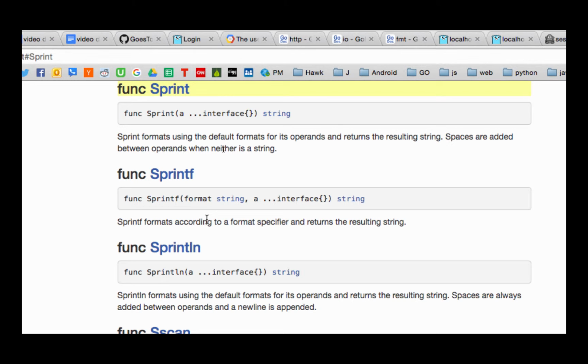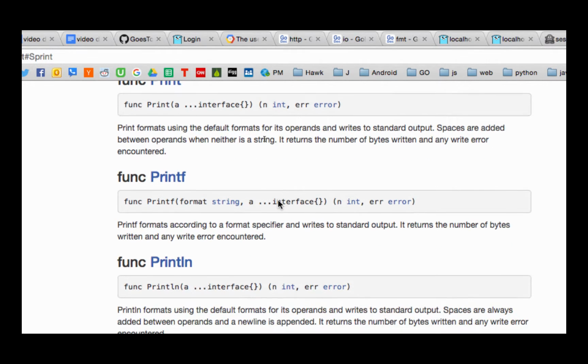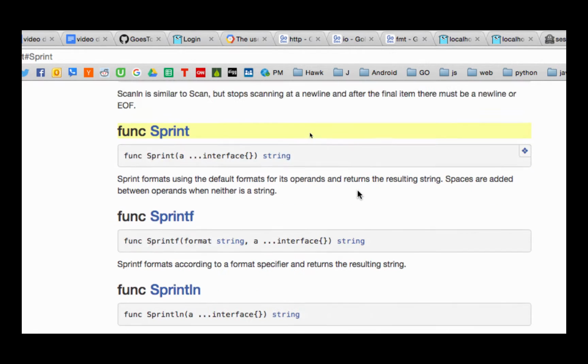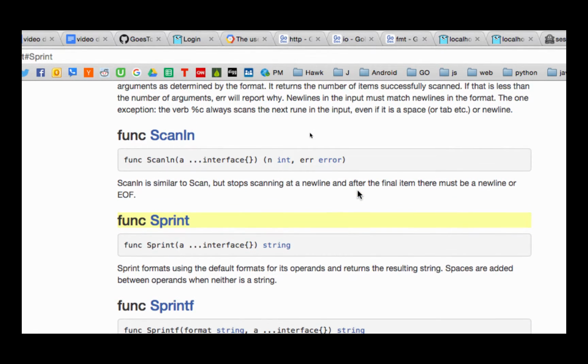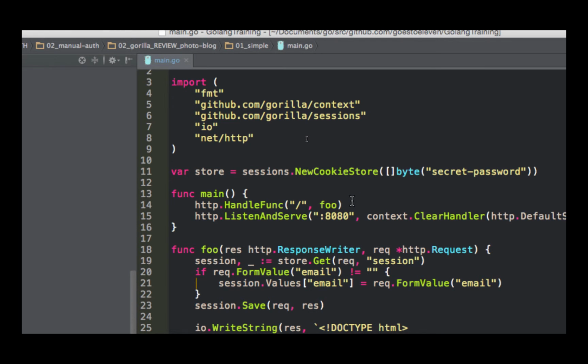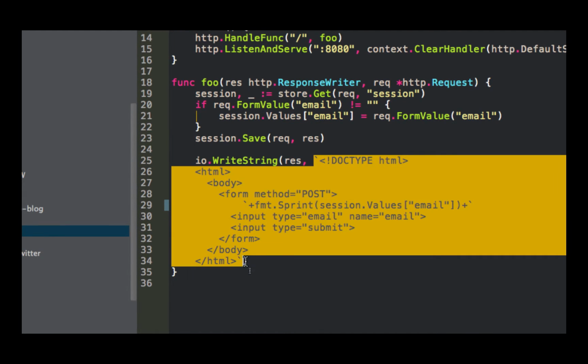So up here we had those other prints, right? Println, Print, and then we're printing and it's going to standard out. Down here, instead of printing to standard out, we're just printing to a string, okay? And so you can see that right here. Inside of a string, this is all a string. Backticks from there to there. So that's a raw string literal.